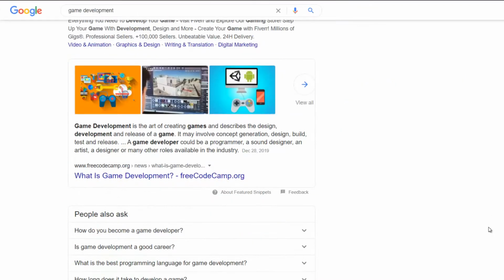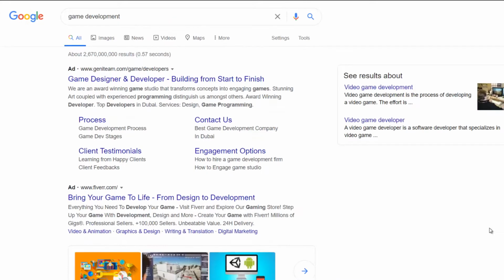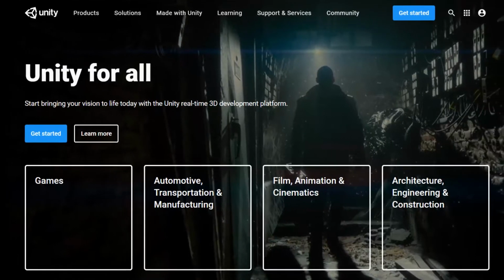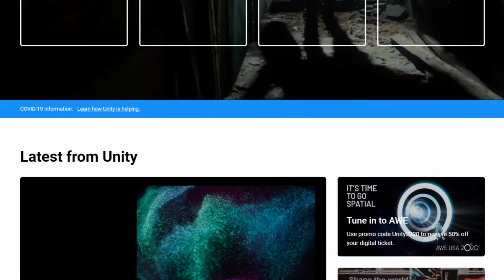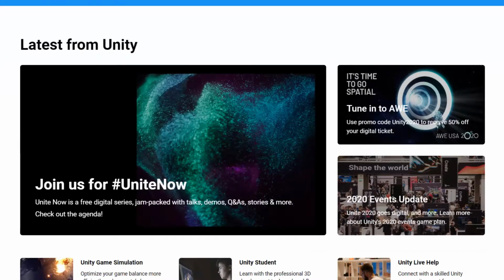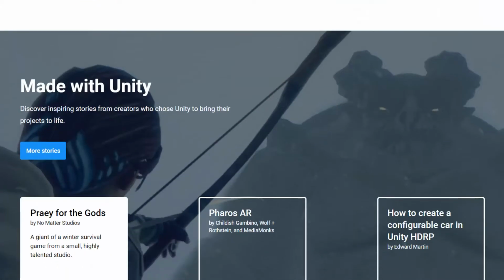For example, there are people who search for game development but they don't know what is a good platform and what is not. So I would recommend starting with making games on Unity. In order to make games, you need some programming skill, and programming in C# is going to be an advantage in order to start. There are too many things you can do. For example, you play too many games, of course, so that's the reason it comes to your mind: how can I make my own game?